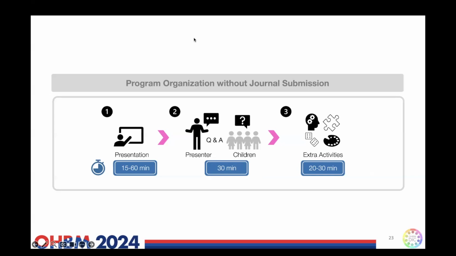And after the presentation, they can have a similar amount of question and answer time between the presenter and children participating in the event. And once it is done, they can have some extra activities such as games or art craft activities or behavioral experiments that can help to engage the children.